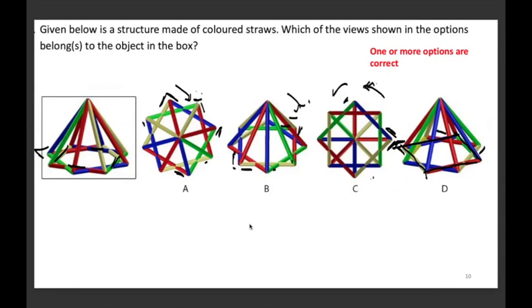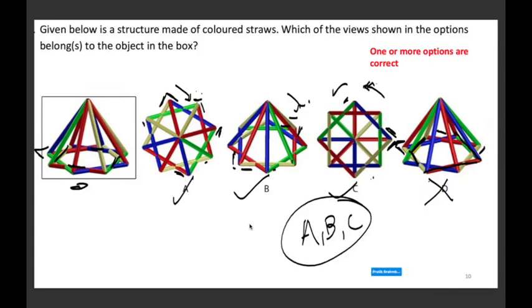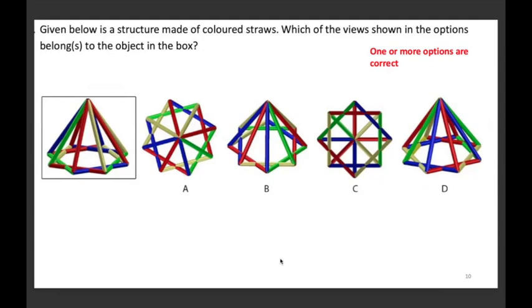D works, but the only issue which one can observe in D, if I erase this part, would be that the two yellow lines are intersecting, which is not happening here. So D is the one which is not a part of it clearly, and A, B, and C, all three are correct. After this, I also cross-checked these ridges that are there, even they were working fine without any problem of rotation. Okay, we'll move to the next one.